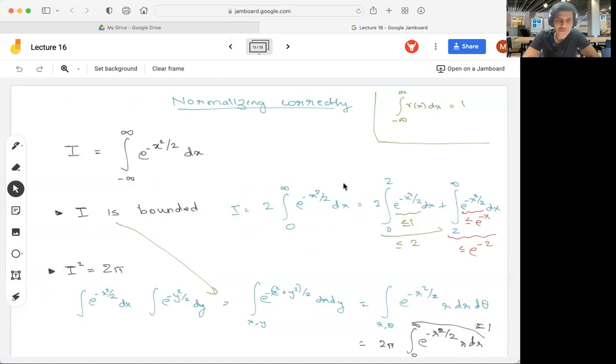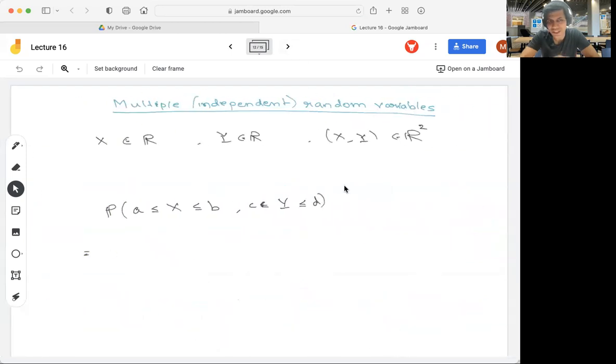Another thing about x square is kind of nice, as we saw that when we were trying to integrate x square and y square, we kind of had x square plus y square add up in terms of r square. And this kind of shows up in a nicer way when we try to think of multiple Gaussians at the same time, which also gives it some nice properties. But before going there, let's just